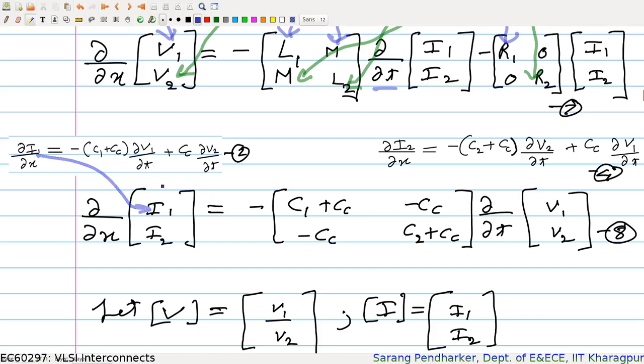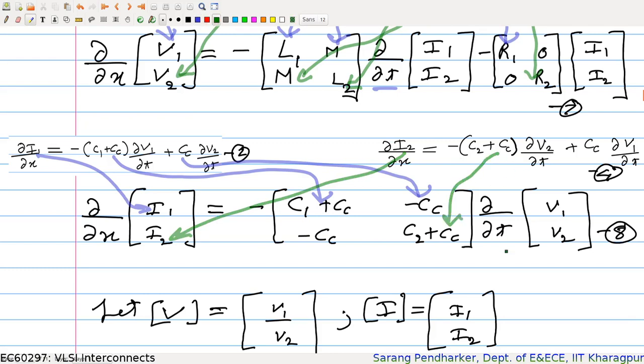So for example, I can get this current here, then my capacitor goes here. There is a minus sign here, so a minus sign comes here because there was a plus CC. Minus sign is outside and minus sign is transmitted, right. Similarly, I can write my I2, and this will be my plus CC, minus sign.